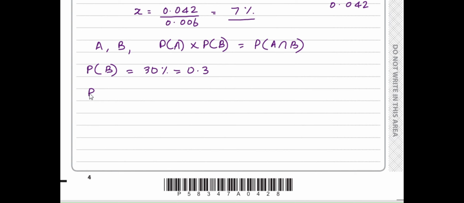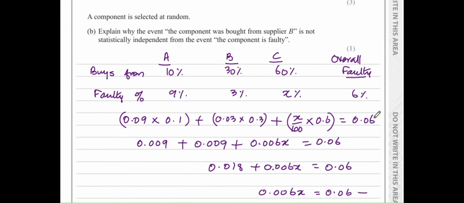Then probability of something being faulty, we have been told that it is 6%, so that is equal to 0.06. The next is probability of B intersection faulty, that is supplied by B and at the same time it is faulty, and that is this second thing here, that is 0.03 times 0.3,